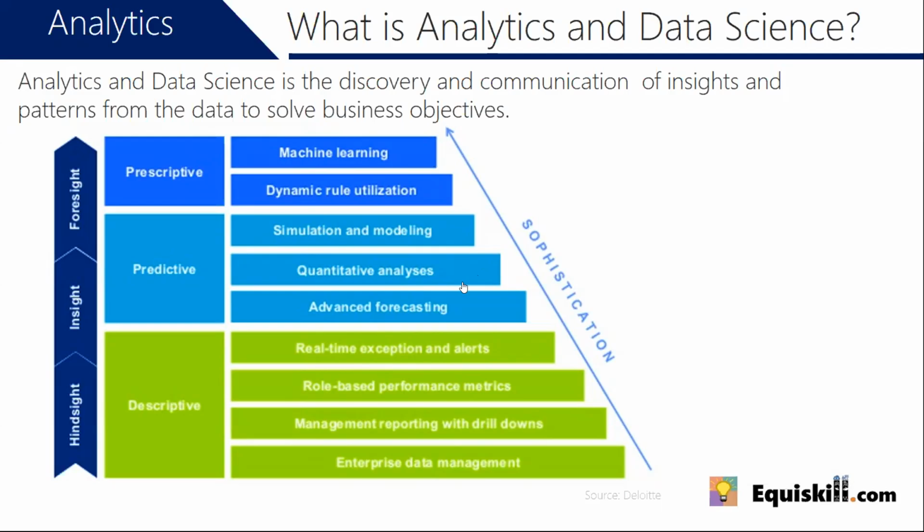And to Gautam's question, the arrow going up just indicates the sophistication or the complexity, the amount of thinking and the amount of algorithms that you need to write in order to do the kind of analytics that you're talking about. Prescriptive is the most sophisticated, predictive a little lesser, and descriptive is the least sophisticated form of analytics. Ujjwal, I'll hand it over to you for a while, and probably you could take Shiva's question on the difference between data mining and analytics as well, if it's possible.